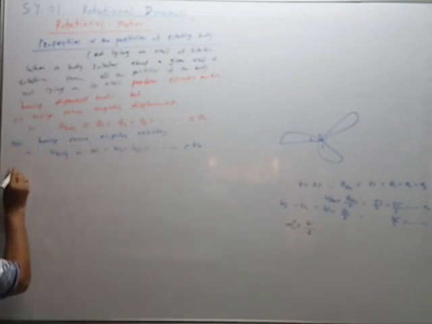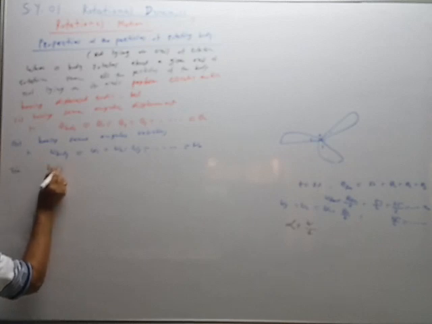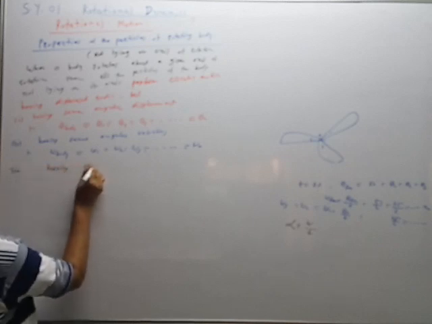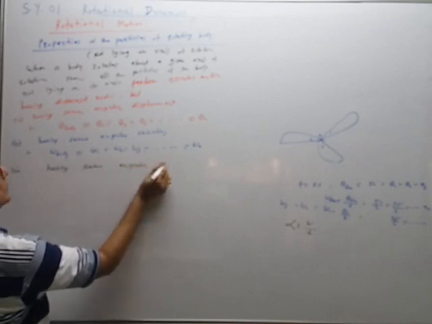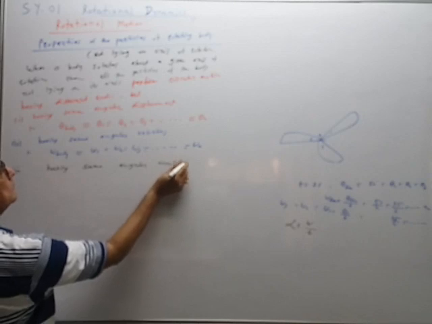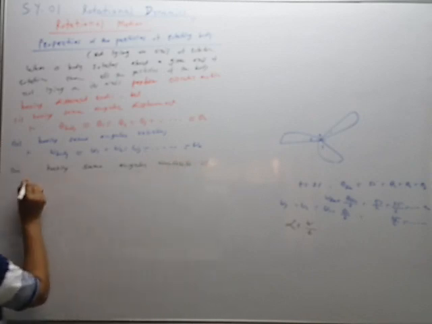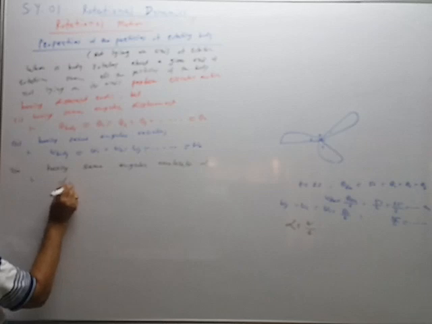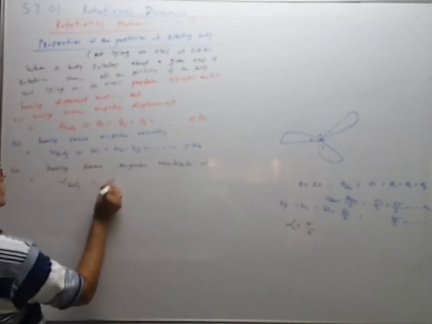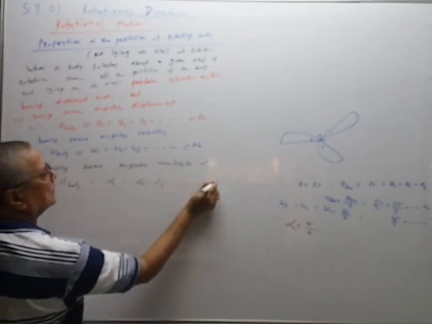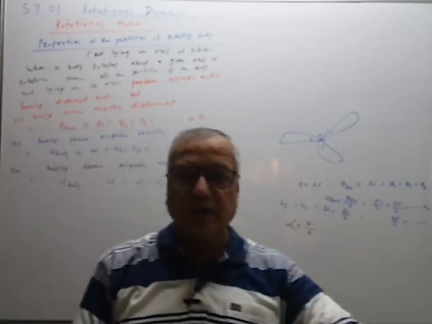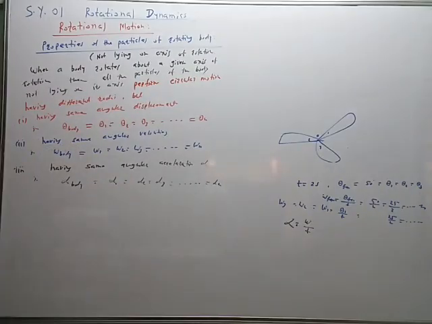So the third property is they have the same angular acceleration alpha, that is, alpha of the whole body is equal to alpha 1 of the first blade, alpha 2, alpha 3, alpha n. So in this circular motion, angular displacement, angular velocity, angular acceleration are the same, but